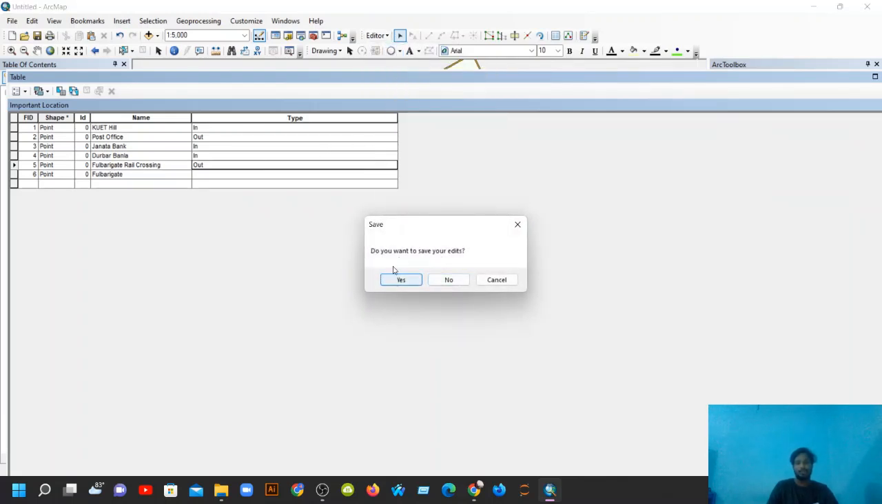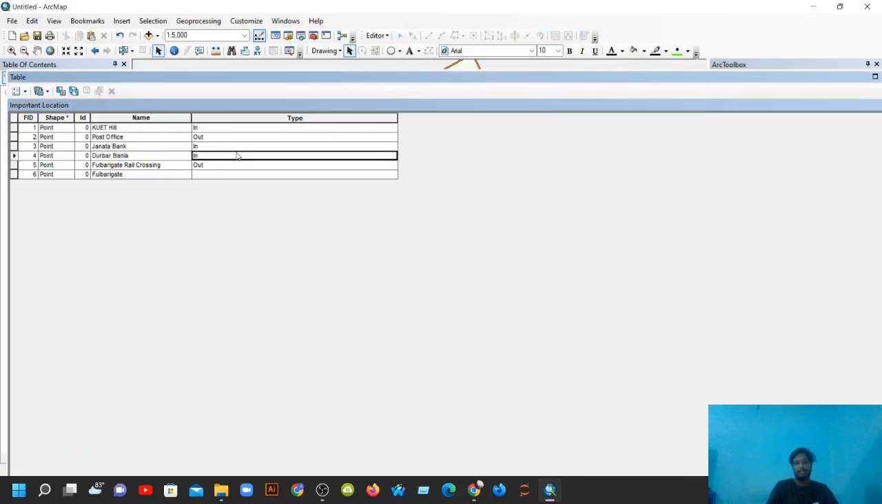And here is the option, do you want to save your edits? So click on yes. Then now we cannot edit anything because editor tools is stopped. So if you missed anything, so